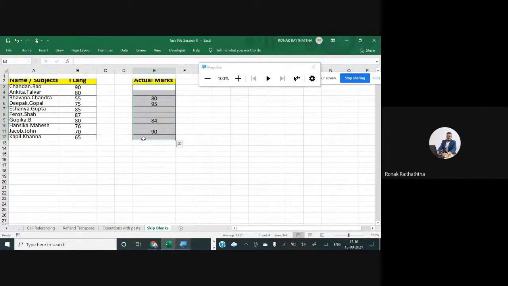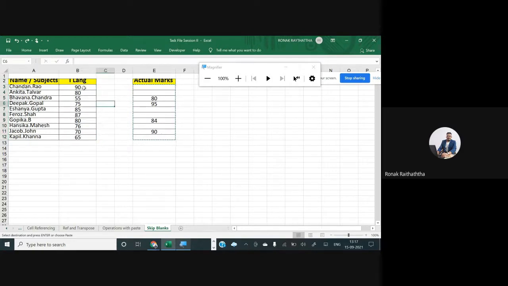Once all these marks are selected, press Control C. I want to modify only those marks which went into revaluation. If I press Control C and Control V over here in the language one marks, plainly, then what will happen? The blanks will also be pasted. See, if I do Control V, even the blanks are pasted, right? We don't want to paste the blanks. We want to paste only the cells which contain some values. So I want to paste it over here, but only the marks which are rectified.